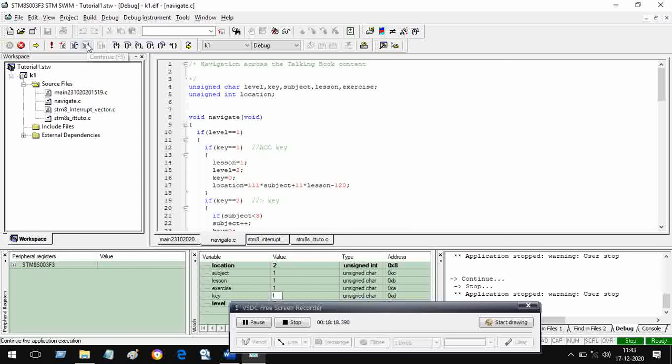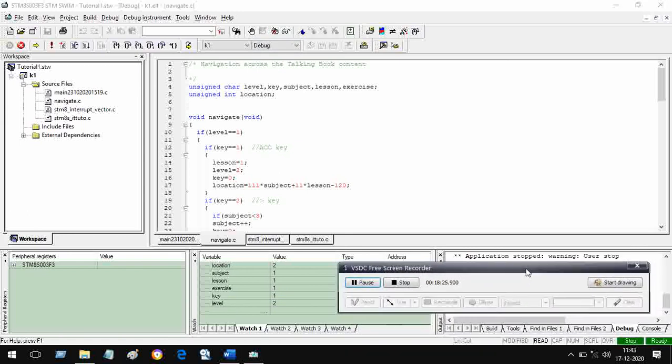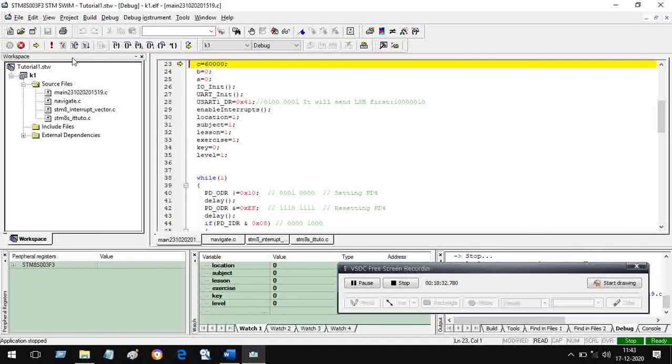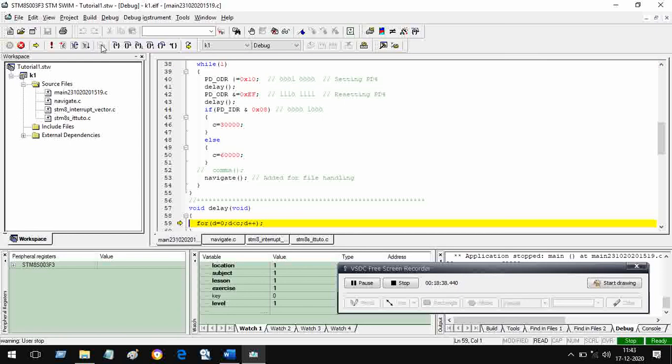and I run. Let me remove this thing from here. Let me keep it here. I don't want to see all that. Let me reset, then again run, and then stop, and then run, and then stop, so that everything is properly initialized. Now I press key as 1, which means accept. It is accepted. So now I run it and see what happens.